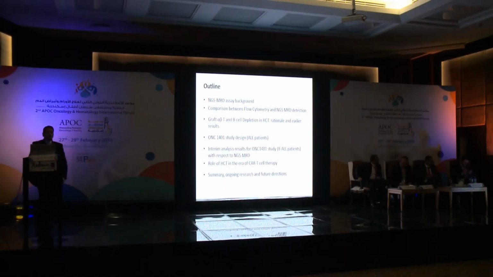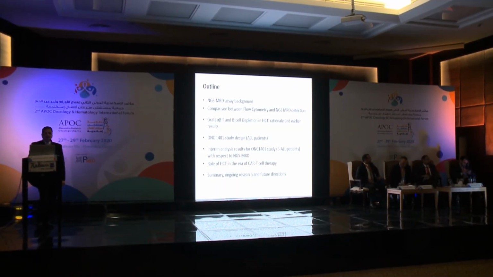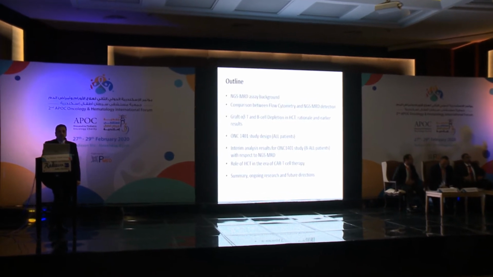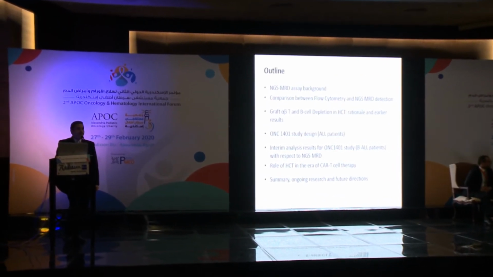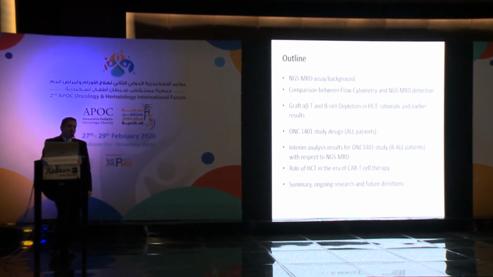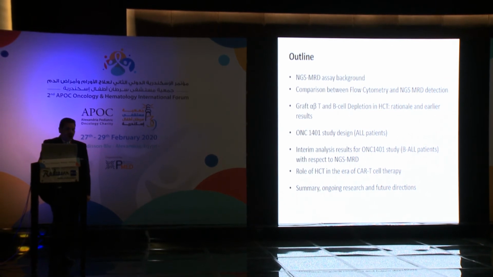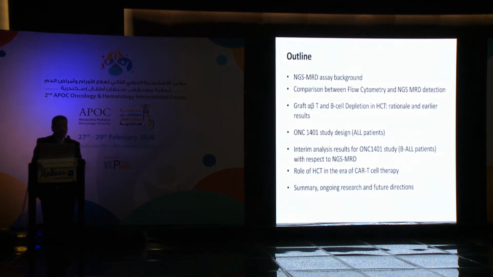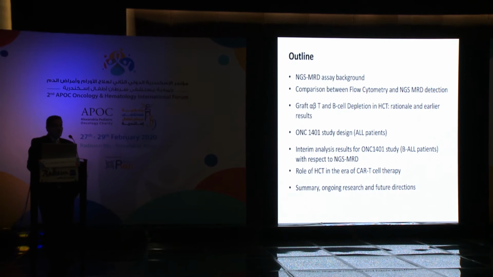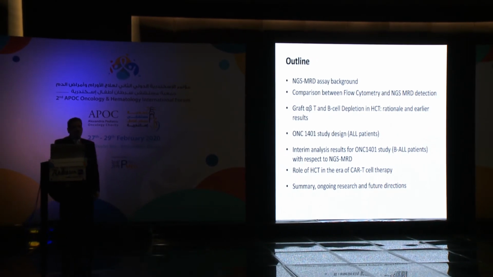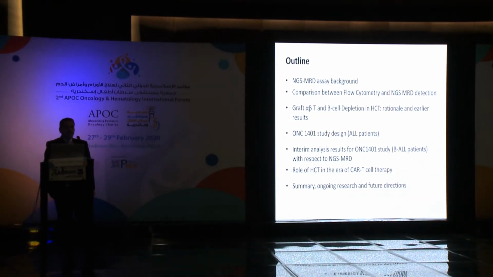I'll talk mainly about background on the NGS-MRD assay and a comparison between flow and NGS-MRD, then the technology of graft TCR alpha-beta depletion and its use in transplantation, and then the results of our own trial, which is the ONC1401. I'm going to focus on ALL patients, showing an interim analysis for a repeat precursor ALL patient with respect to MRD. And then I'm going to talk briefly about the role of transplantation in the era of CAR T-cell